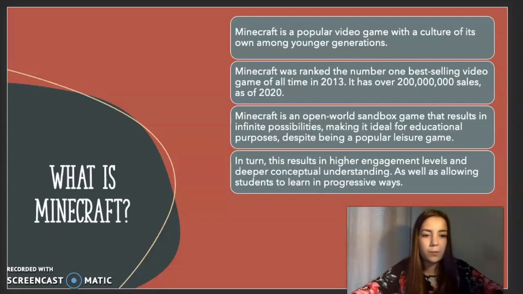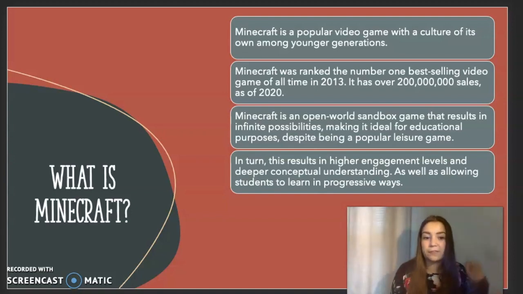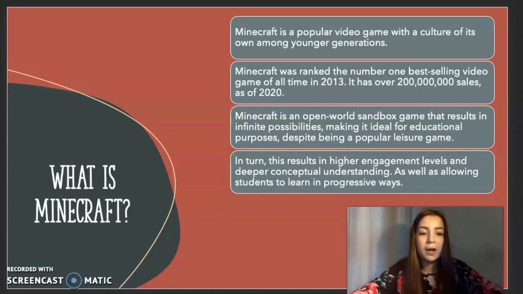About the game, though, it's what we call an open world sandbox game. So basically what that means is there's not a you-need-to-do-X,-Y,-or-Z for the next phase of the game to happen. There are not certain things that you need to achieve or do in order to progress through the game. Rather, you have a lot of freedom and creativity in the game to get you to where you need to be. You could also play Minecraft in a survival mode or a design mode. So if you're more for the gaming purpose or you're more for the design and creative purpose, there are infinite possibilities. And honestly, that is what makes it so ideal for educational purposes, despite being such a popular leisure game.